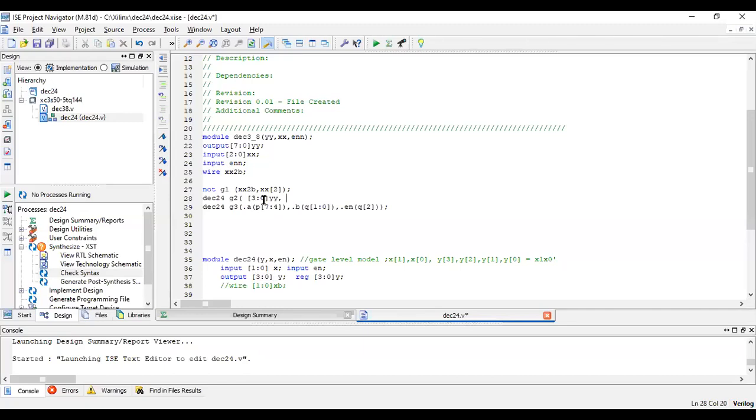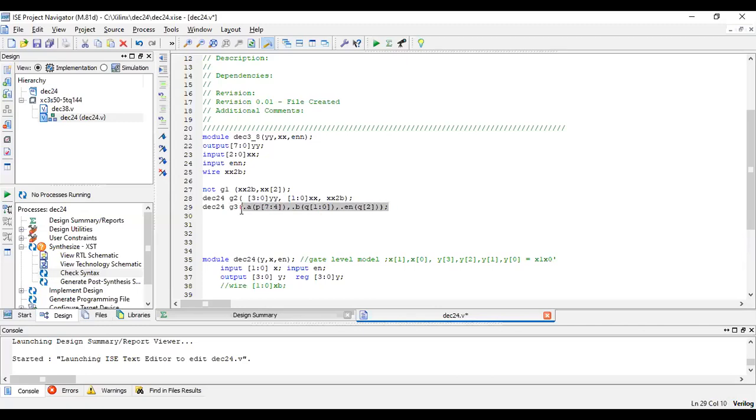And what is the input for this? The input is 1 down to 0, XX. What is the other input to the first decoder? XX to B. Instead of enable, we are using XX to B. So this is the first decoder.